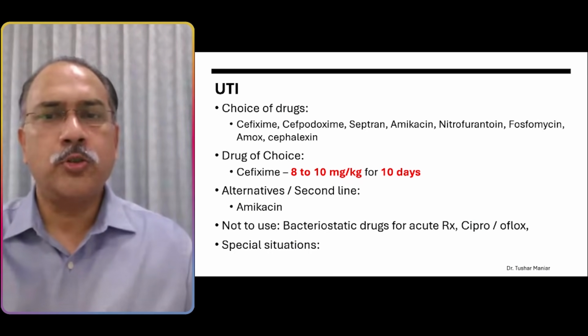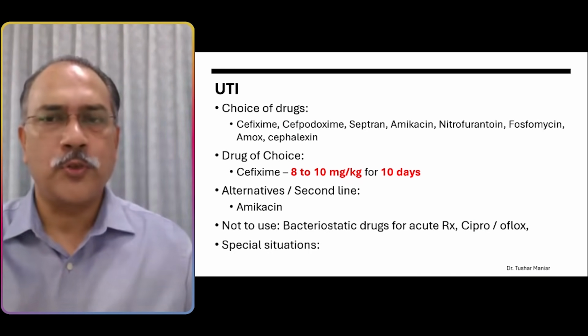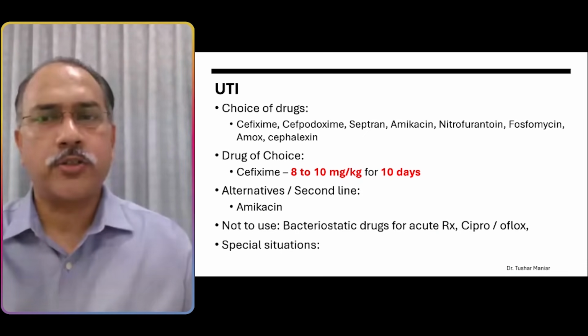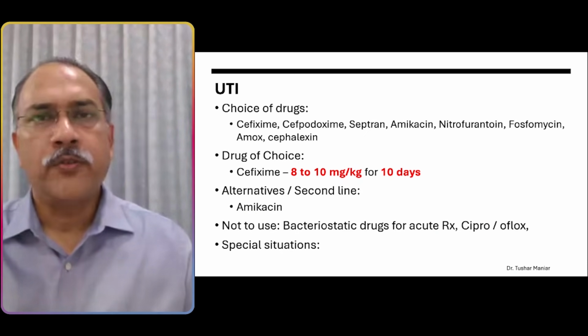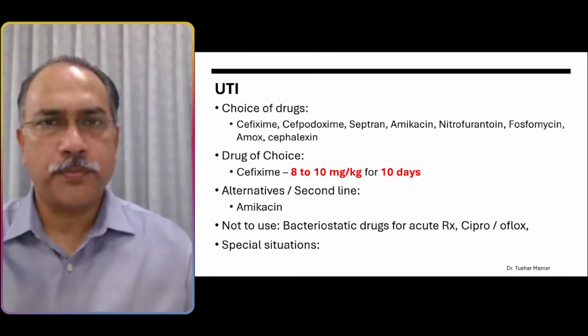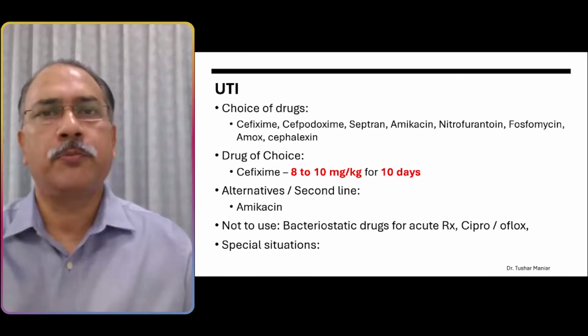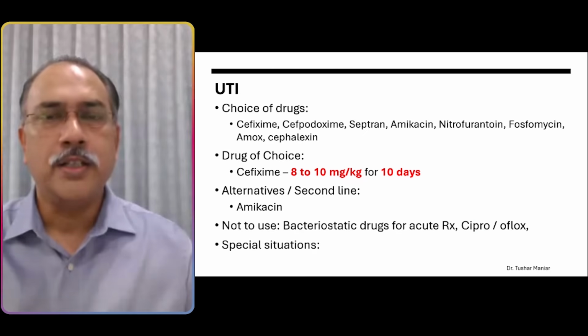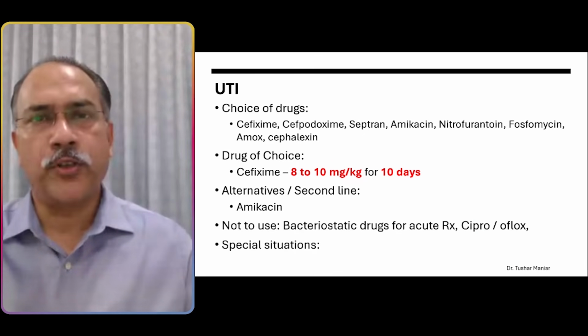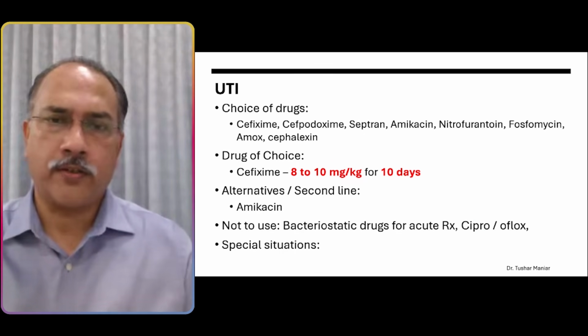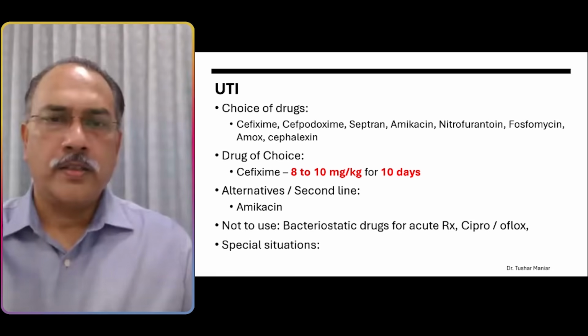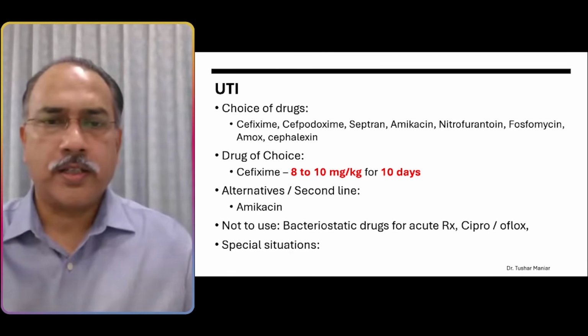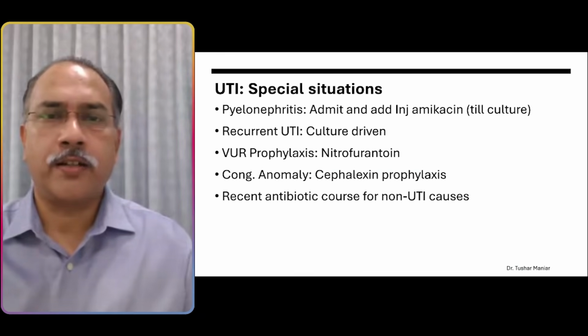We will make sure that we don't use ciprofloxacin, ofloxacin, and other bacteriostatic drugs like nitrofurantoin or fosfomycin for a primary treatment or a first line treatment for urinary tract infection in a first episode of urinary tract infection. Now, what are the special situations here? There are a few, so let's go to the next slide and try and see where we need to make